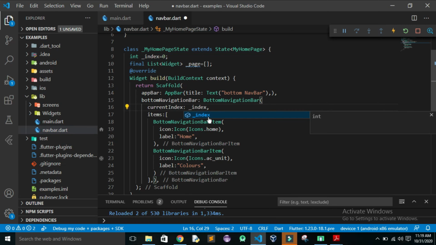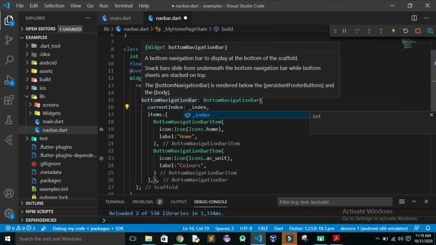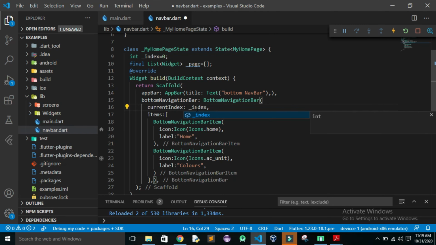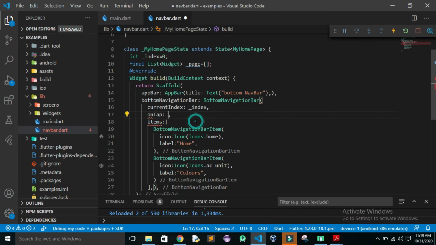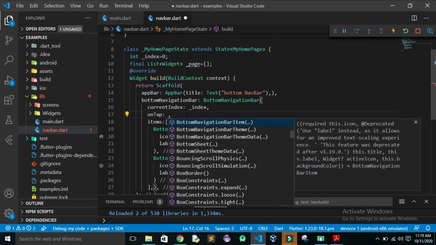Since we need to change this index value when things are changed, we need a way to change the index, and for that we have the onTap function. So here we have onTap. Now let us write the onTap function.